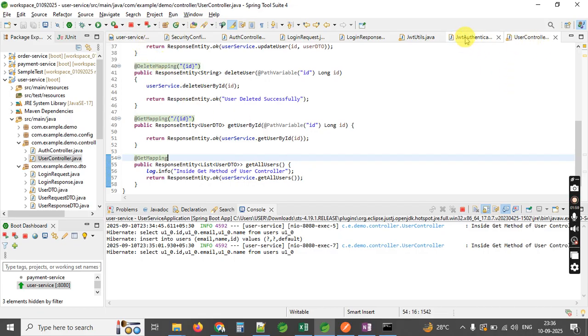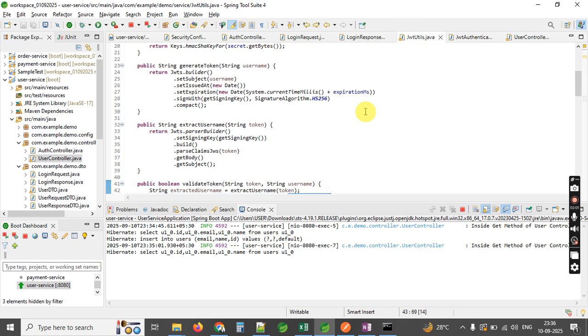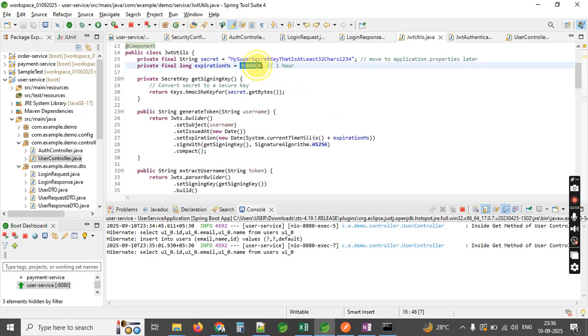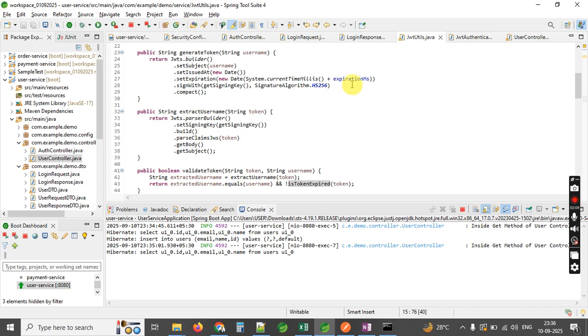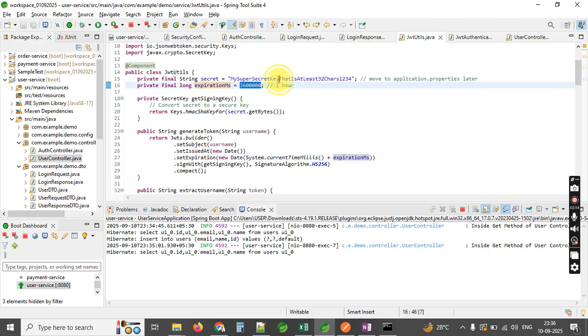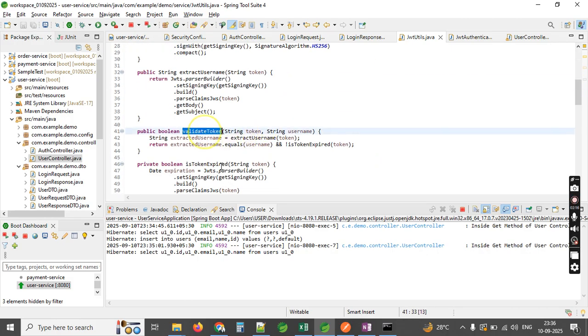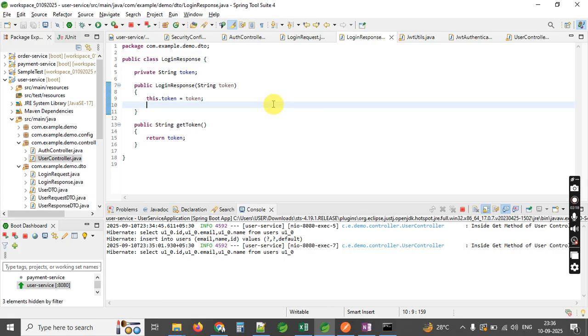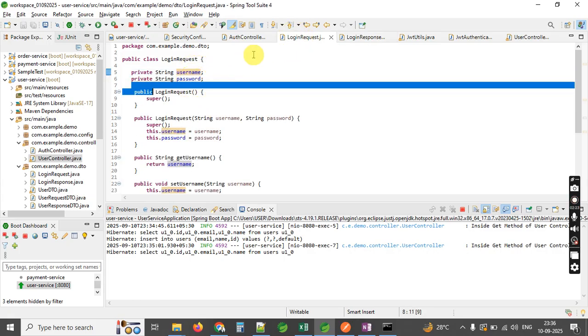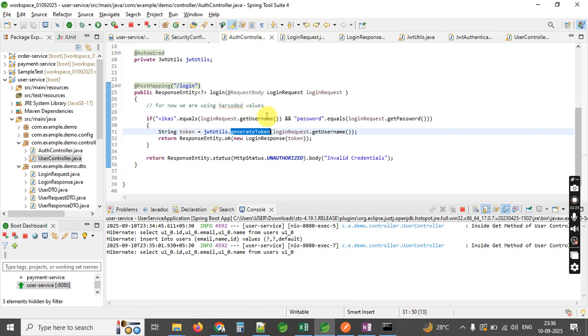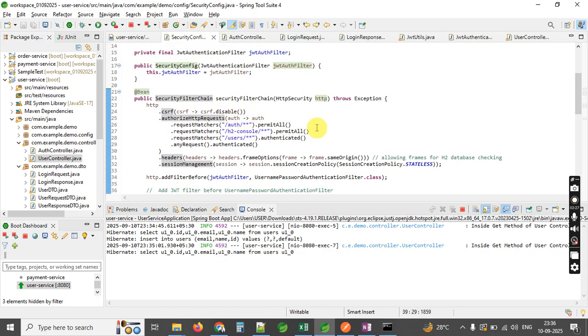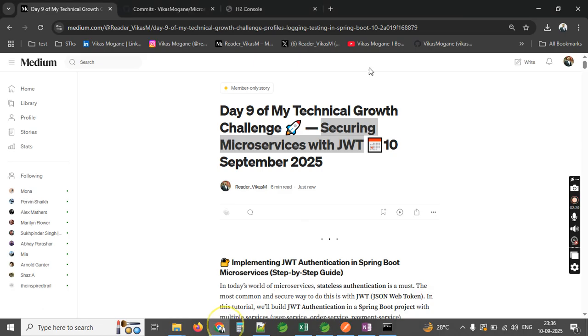See, I have created multiple classes, JWT util. Here we are passing milliseconds, how much time it is taking. Then here we are adding the expiration date as current time plus 1 hour. Then I created the secret. See here, validate token, token expired, multiple methods are there. Here this is a token getter setter. Then this is username and password, we are passing getter setter for that. Auth controller, this is a request. Security config, here suppose you want to load this one.